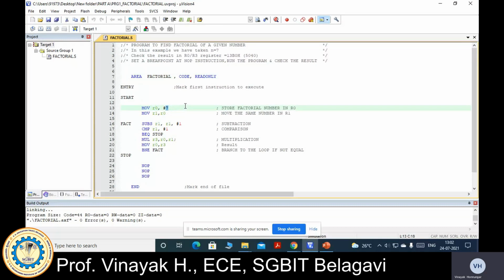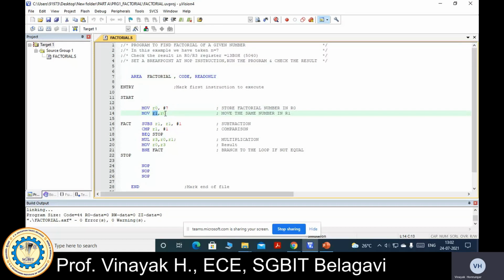So you are multiplying 7 with the natural numbers below it, till you reach 1. Now the same value I am going to store in R1 because I have to decrement this value by 1. So I have taken one more register, R1. So 7 has been copied into register R1.